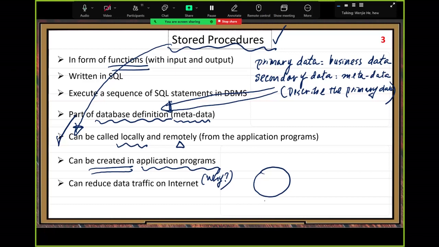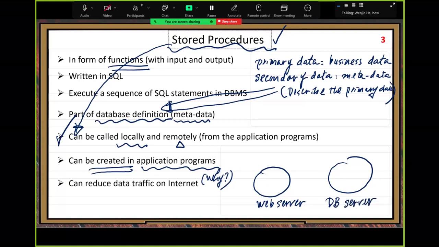We need to run a web application in a web server, right? Then your database usually sits in a different server. So let's imagine there is a DB server